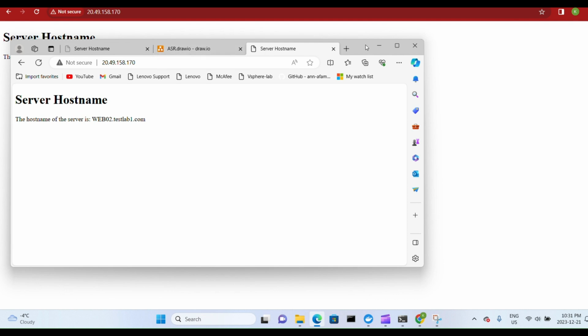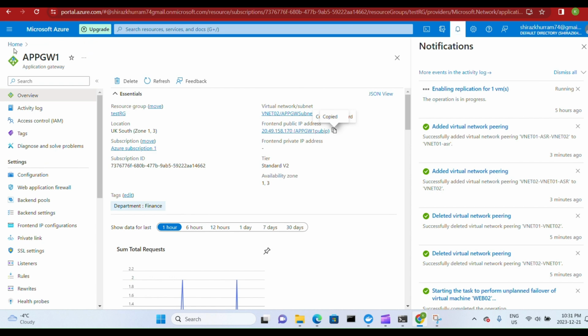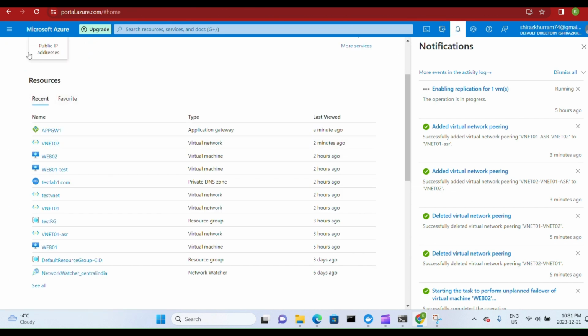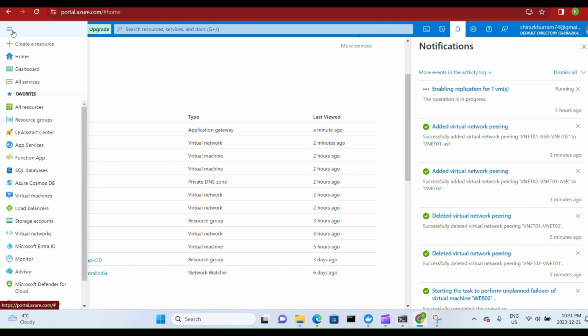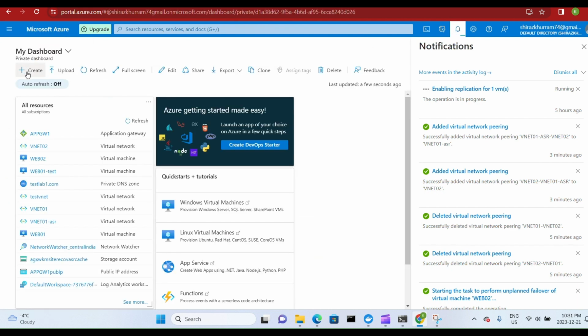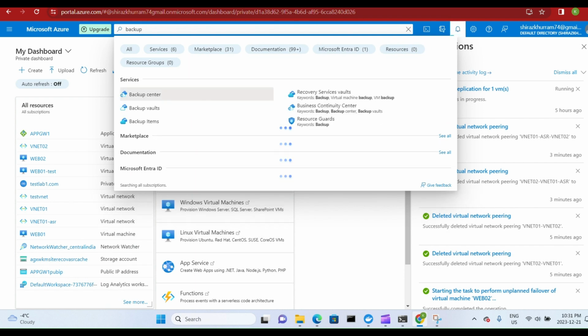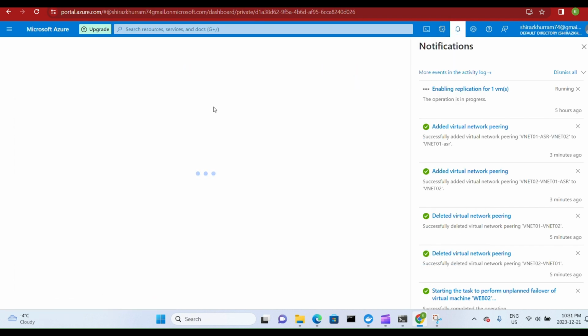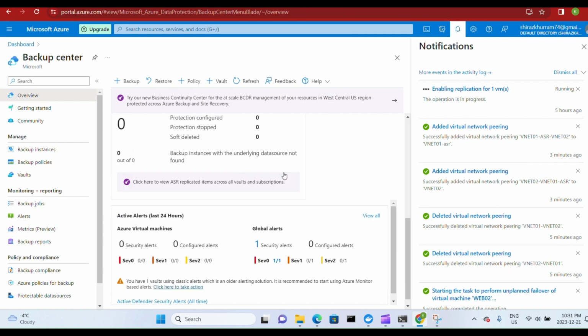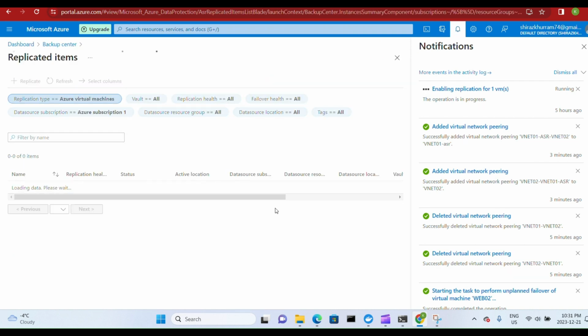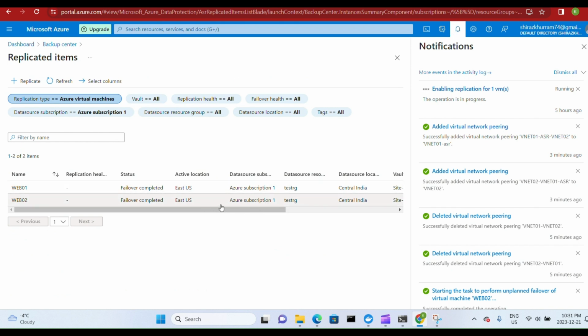Let's check the public IP. Yeah, here is the public IP. So let's go and check this public IP and see whether our application is running or not. As you can see, it's running, and just to make sure, let's check it again. So as you can see, it's running perfectly fine. The web servers are up and running after the site failover, and everything looks fine to us. The failover has been completed,